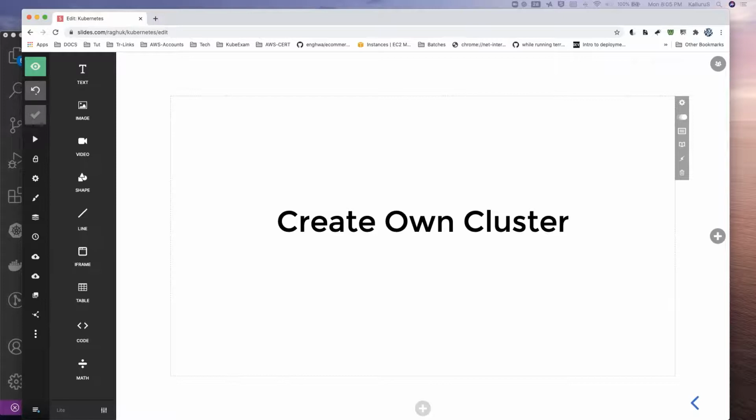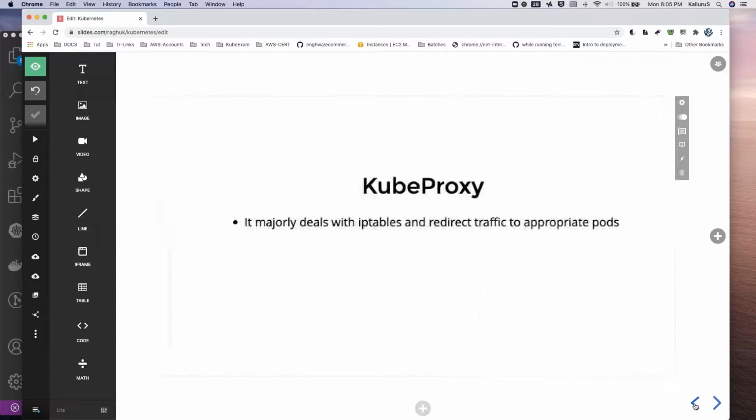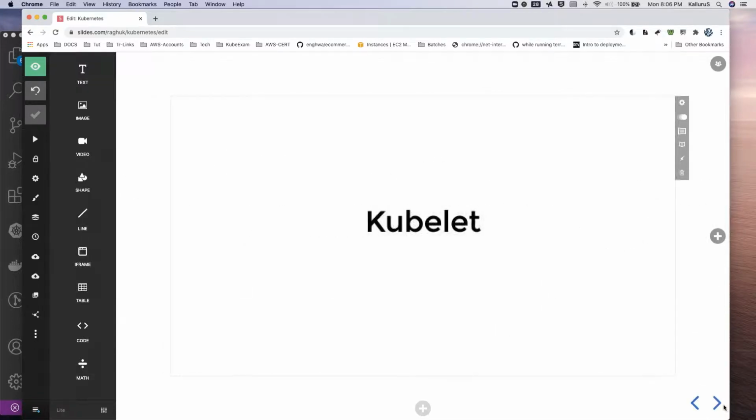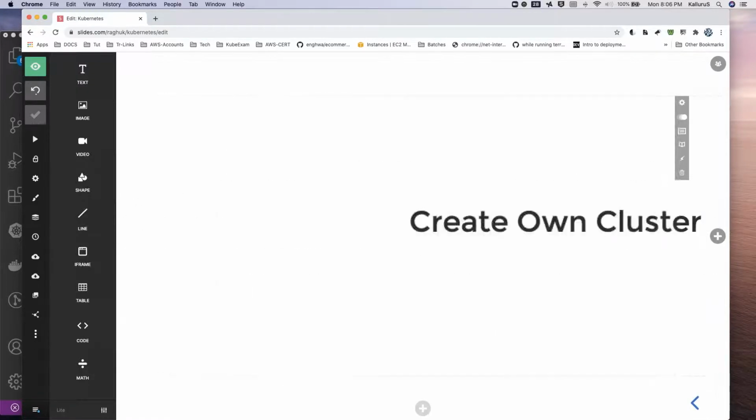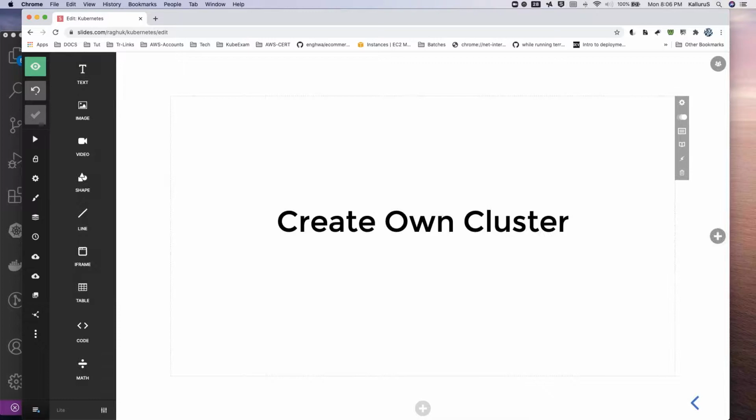So last session, we were discussing different components of the cluster, right? So we talked about different pieces. So today we're going to talk about, now that you know the pieces, how you can go ahead and create your own servers. How do we set up our own servers, and what are the things we need to consider